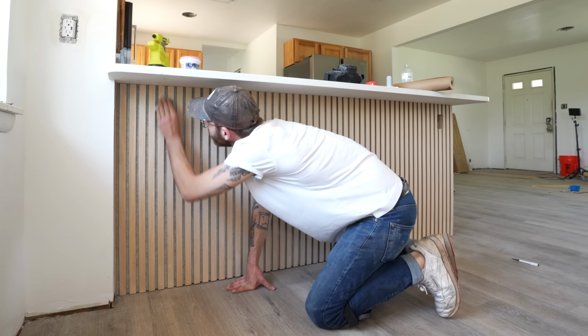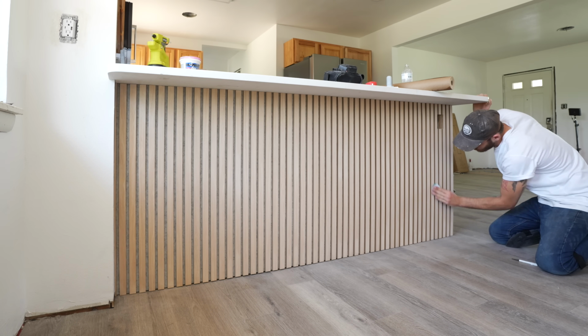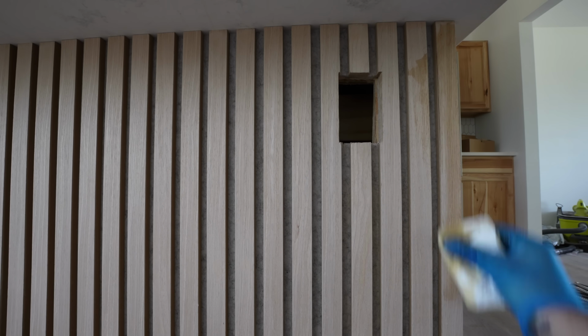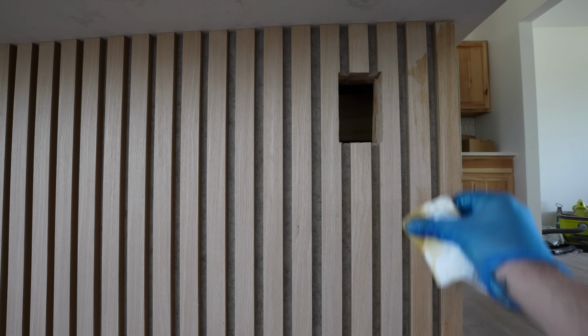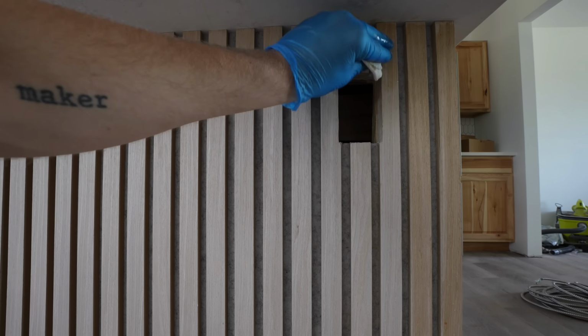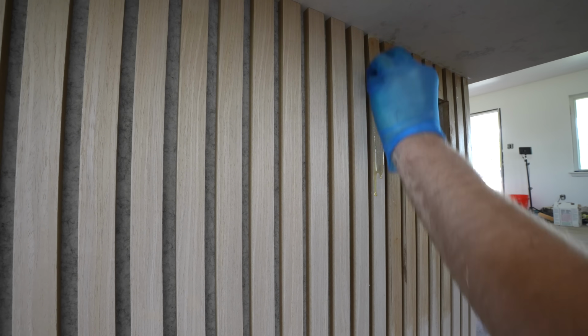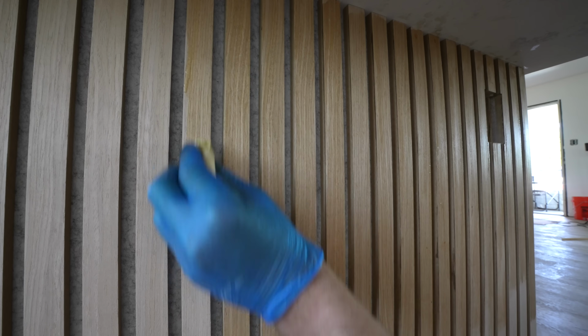In total, I had 60 brad nail holes to fill with wood putty, then I sanded everything with 220 grit and prep for finish, which I'm using Maker Brand Simple Finish. This is an oil-based finish, and it's gonna give me a little bit more color and richness in the wood tone than a water-based finish would. And that's a good thing because it'll help match the other kitchen cabinets, which also have an oil-based finish, although